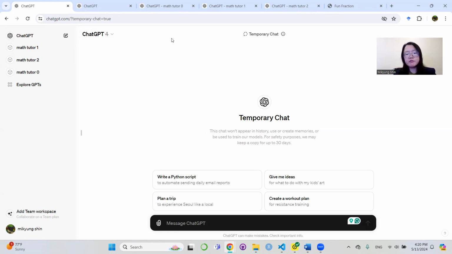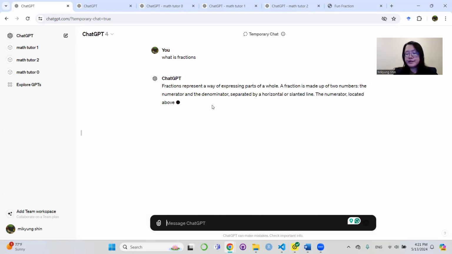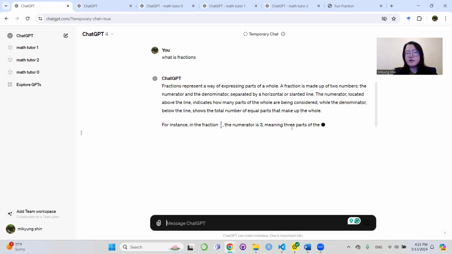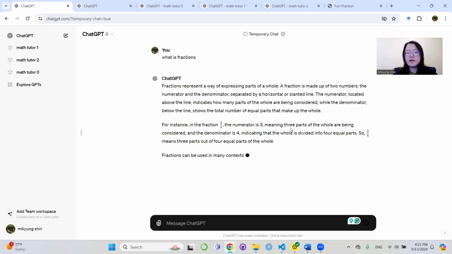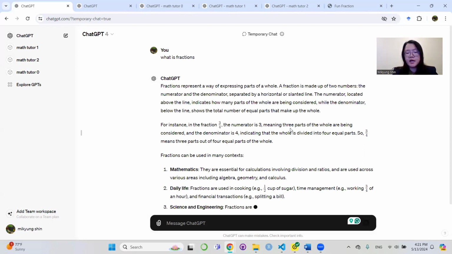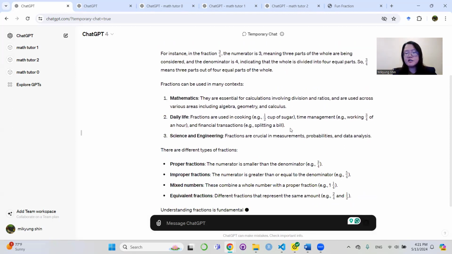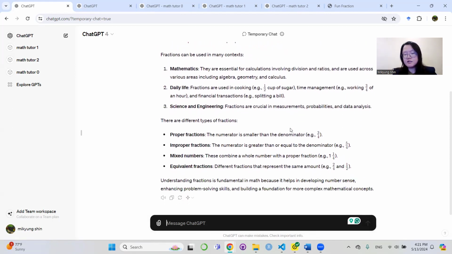I will keep this temporary chat and ask, what is questions? So these are the responses that we get by default based on this pre-trained large language model. As you can see, because I have not specified any information, it's quite detailed, right? And I also had the female version of text to speech, so if I click this, you can see,